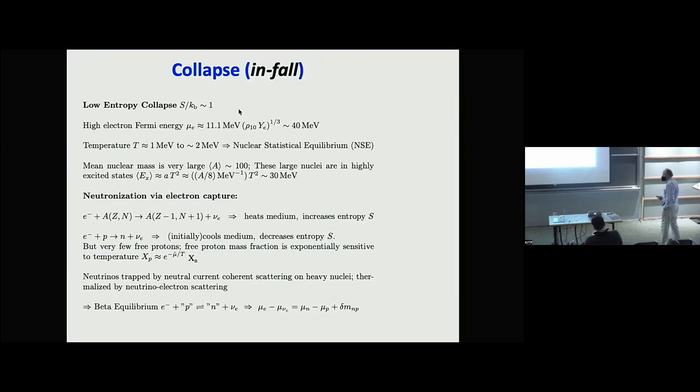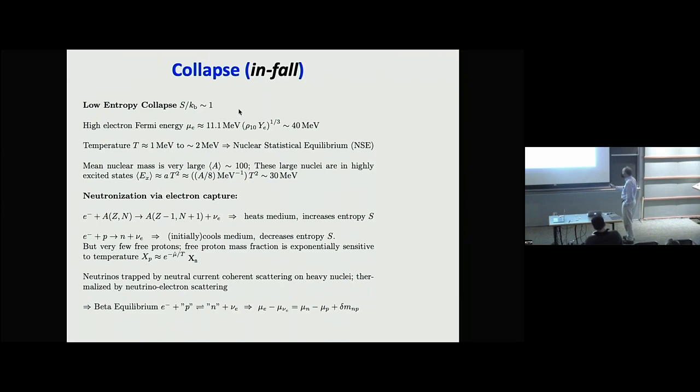So the collapse itself is characterized, as I just said, by really cold, thermodynamically cold conditions. The temperature can be 1,000,000 electron volts, but the entropy per baryon is of order 1. So in some collapse equations of state, this collapsing core is a frozen crystalline solid. It's kind of a Coulomb crystal solid. Interesting. High electron Fermi energy, as I said, much larger than the temperature, which is of order a few MeV.